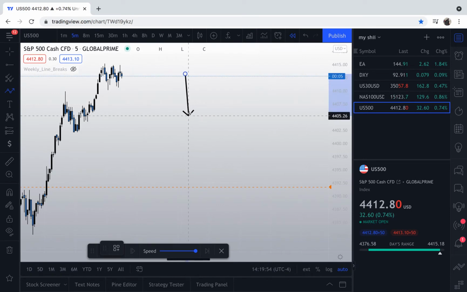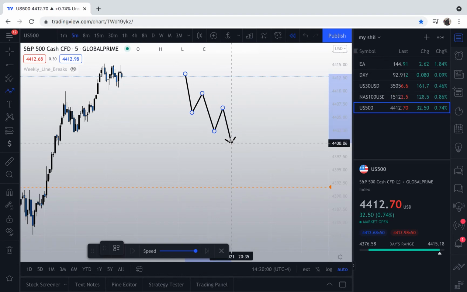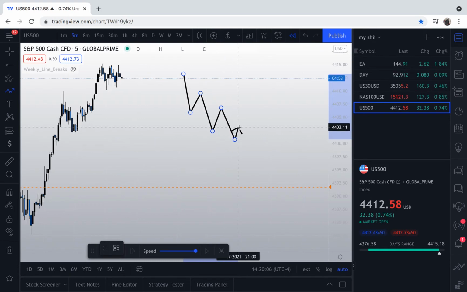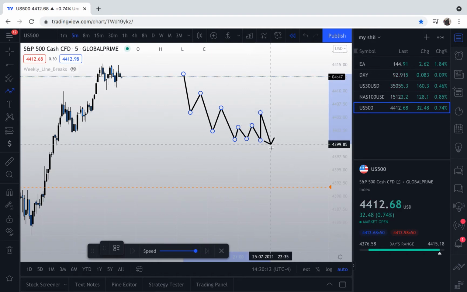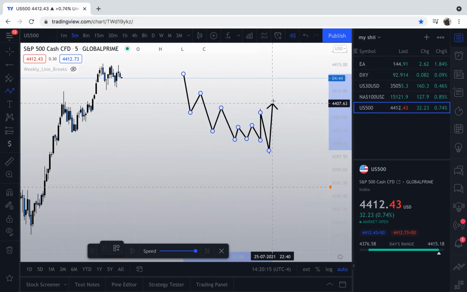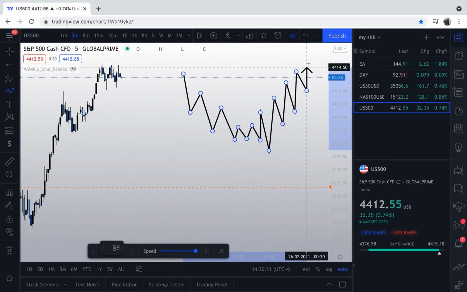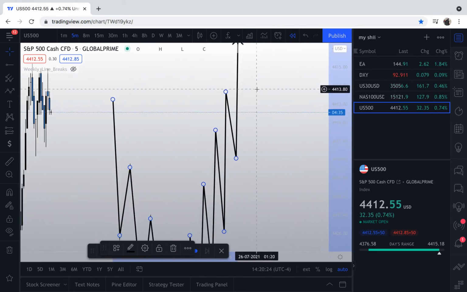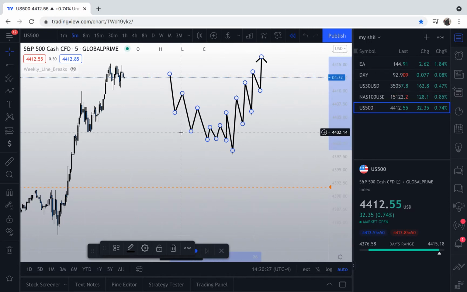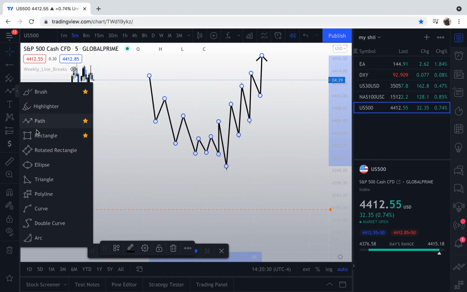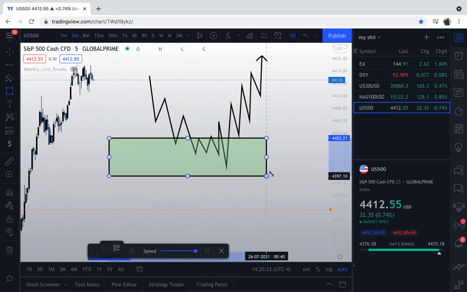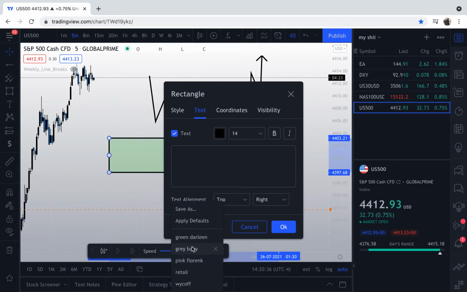you either have a continuation going down, then it gets to the area of interest. I'm gonna draw the area of interest down here in a minute. Then it starts to consolidate, accumulation, break of structure, some sort of sign of strength, Wyckoff formation, and then the correction back up, and then it'll come to another point and then trend back down. And the market does this over and over again. So the area of interest right here, this pink area,